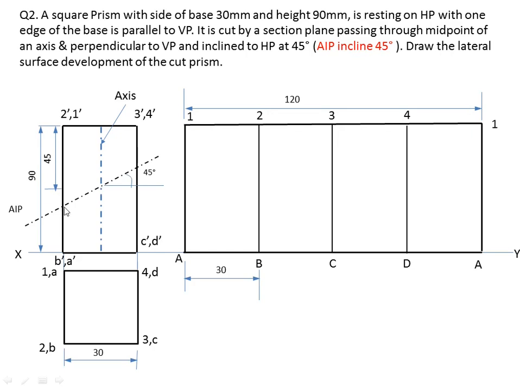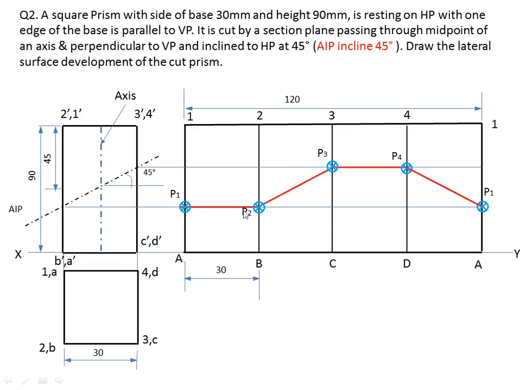Then whenever the axis cuts the edges, transfer the projections: draw the horizontal lines from this. So if you see, 1A cutting point is this, that is P1. Again 1 and 2 are on the same line, so you can see the cut point is P2. So again here P3, you can see 3C edge cutting point is P3, and P4 similarly, 4 dash and D dash cutting point is P4. And last again P1. So join these points by a straight line. So here we have completed this problem.